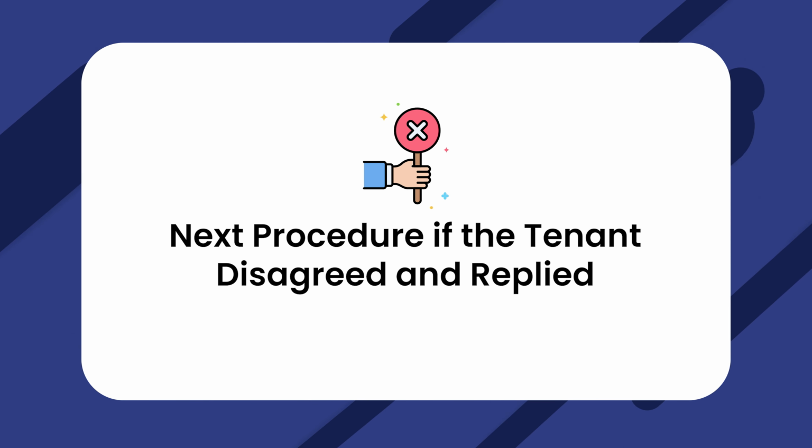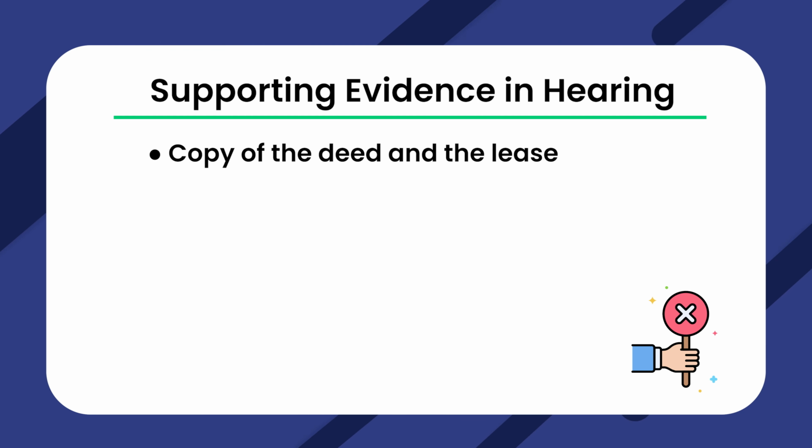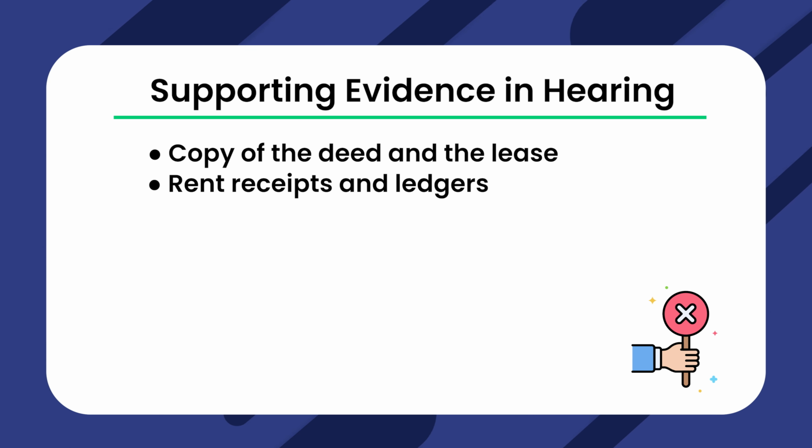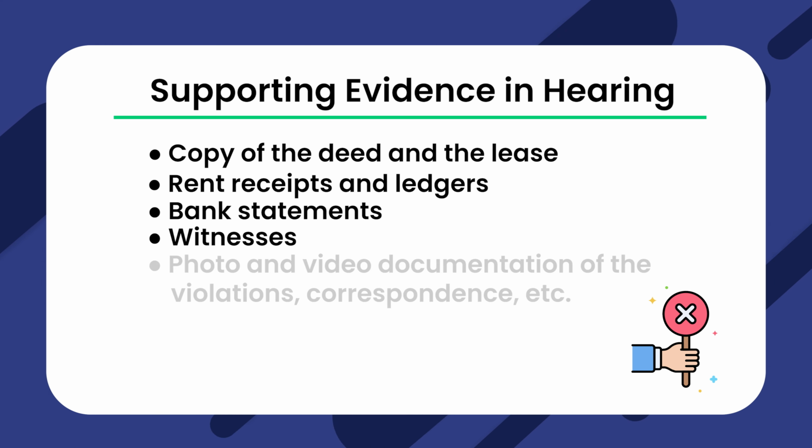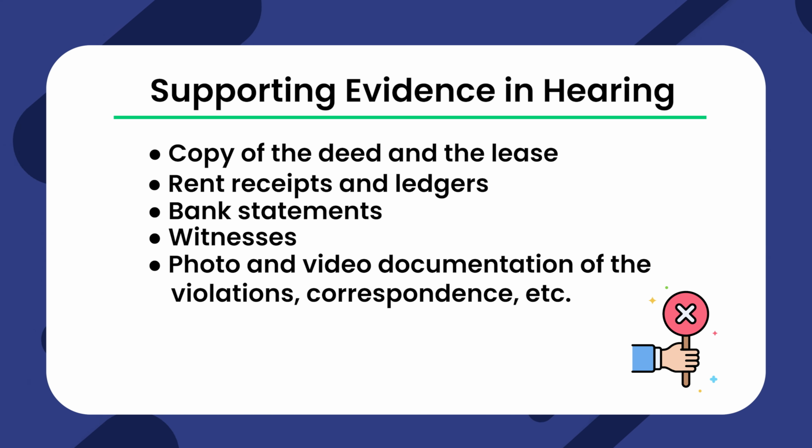Asking for possession. Next procedure if the tenant disagreed and replied. In the state of Nebraska, a reply from the tenant is not needed for a court date to be scheduled. They only have to show up to the hearing on time. The landlord must support the claim with evidence or information and show it during the hearing. This could include, but is not limited to, the following: copy of the deed and the lease, rent receipts and ledgers, bank statements, witnesses, photo and video documentation of the violations,